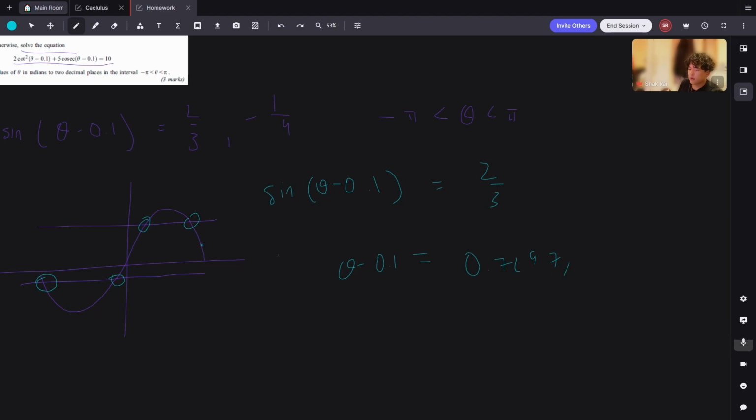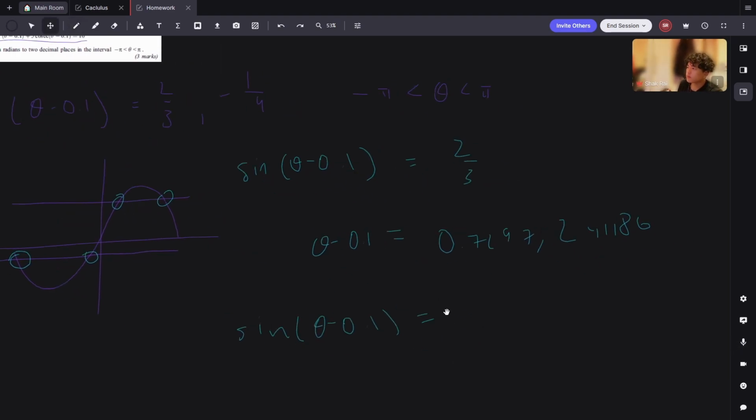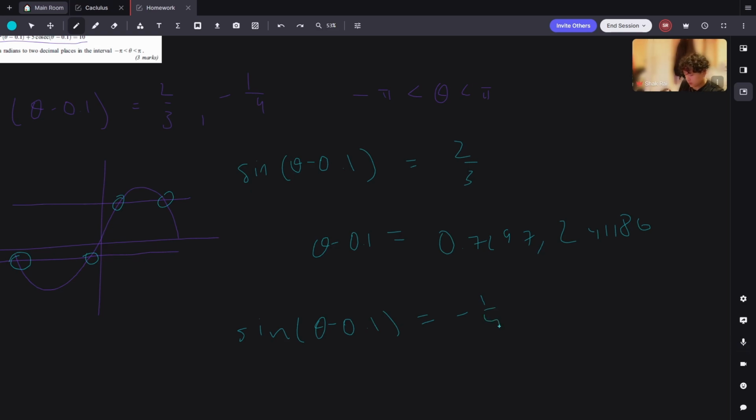And then the other value is going to be pi minus that. So pi minus the answer equals 2.41186. And then when sine(theta minus 0.1) equals minus a quarter, the inverse sine of minus a quarter equals